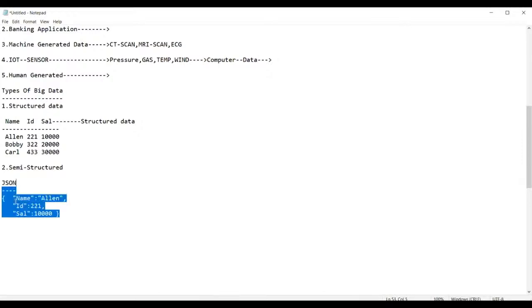Can you see this kind of data is called what? Semi-structured data. It is called what, guys? Semi-structured data. This kind of data is called what? Semi-structured data. And now finally, the third one is called unstructured data. Unstructured data is nothing but